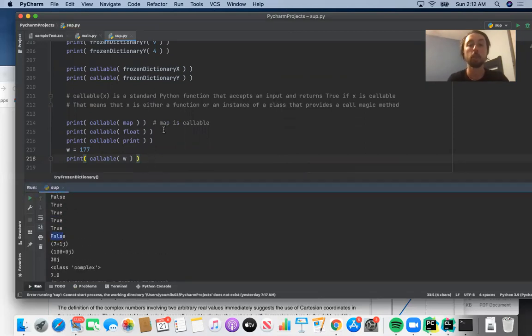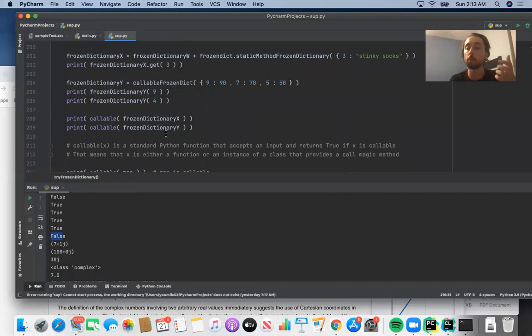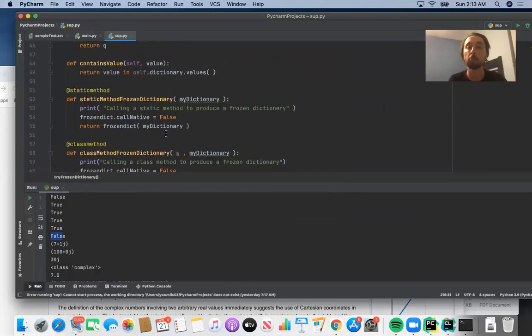Okay, so basically we say callable of X, and it's a function, and it shows up in purple, just like map and float and print. These are standard functions, right? Just like range. Range is a standard function in Python. That's why it shows up in purple. Another one, map, filter, int, right? Int of X returns the integer form of X, but those are functions and all of those are callable, right?